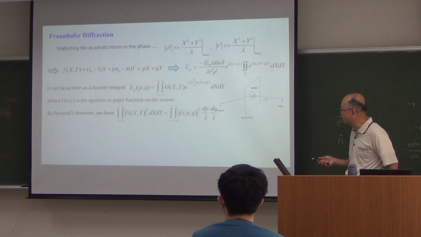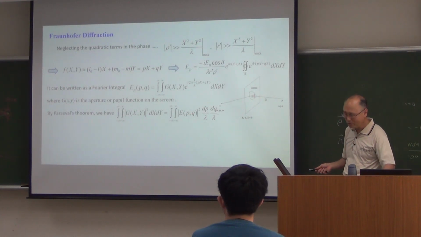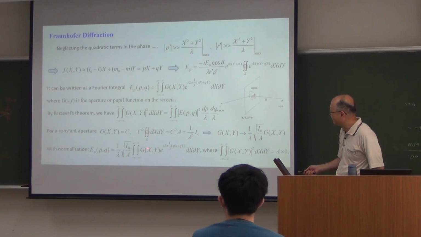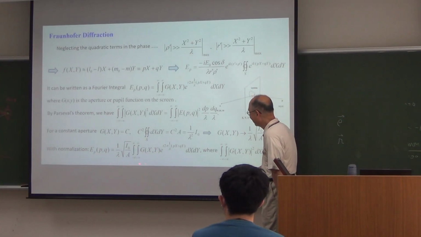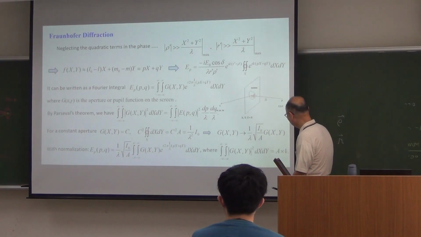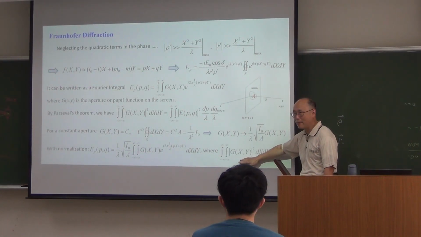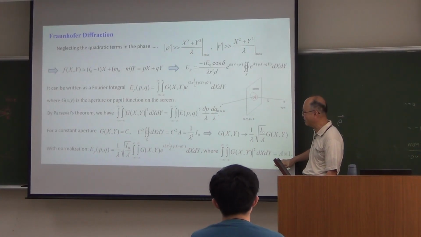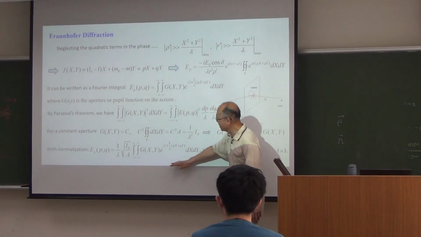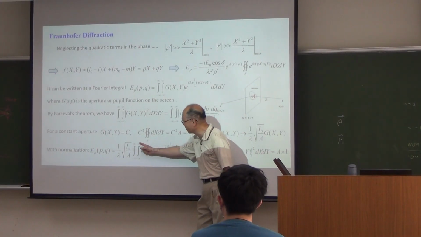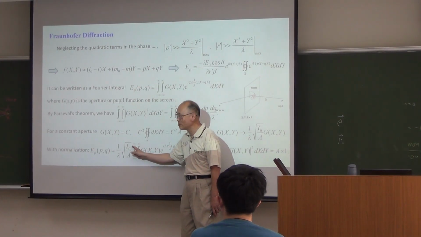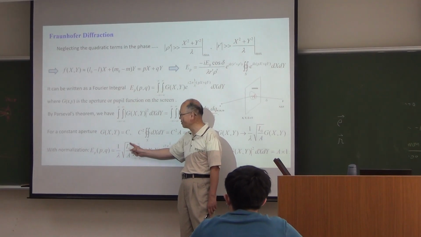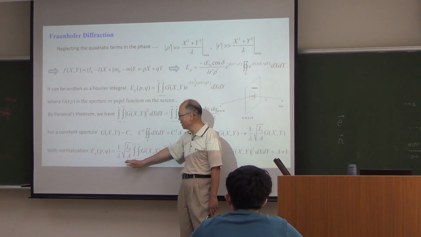So you have this relationship, and you can use it to do normalization. If you integrate this function and make it the area of your integration, once you normalize it, the theory will give you this normalization factor based on the real intensity in your experiment. So this is practical. If you know the intensity of your source, then this